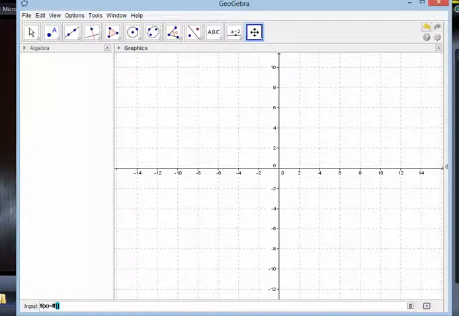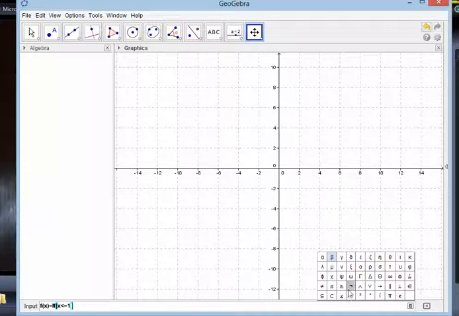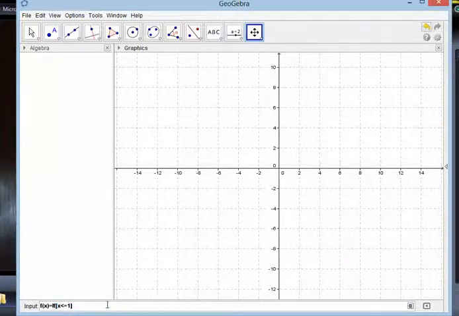I'm going to enter my condition, x less than or equal to 1. You'll notice that I typed in the less than sign and then equal to 1. You can also get your less than or equal to sign over here, by the way. If you pop that up, it'll have less than or equal to, greater than or equal to. Alright, so after x is less than or equal to 1, which is my condition, I need to put a